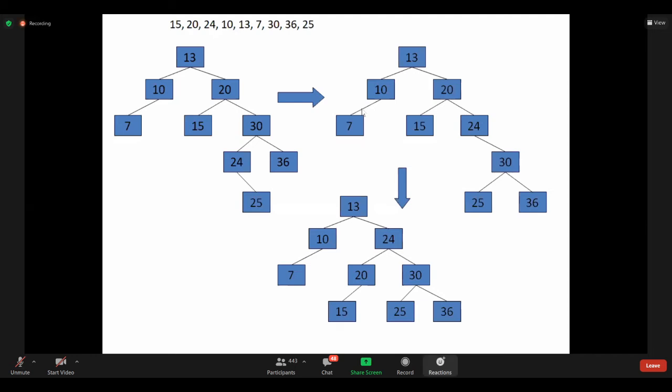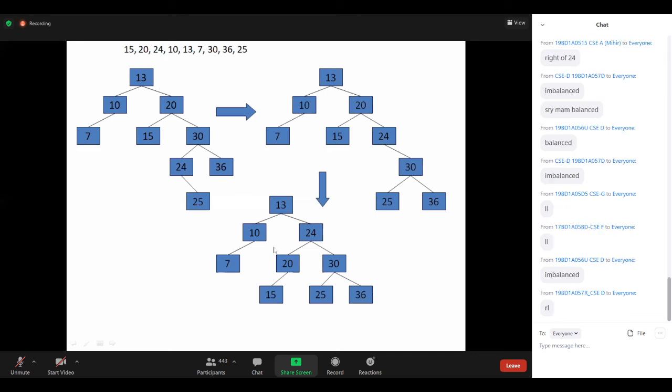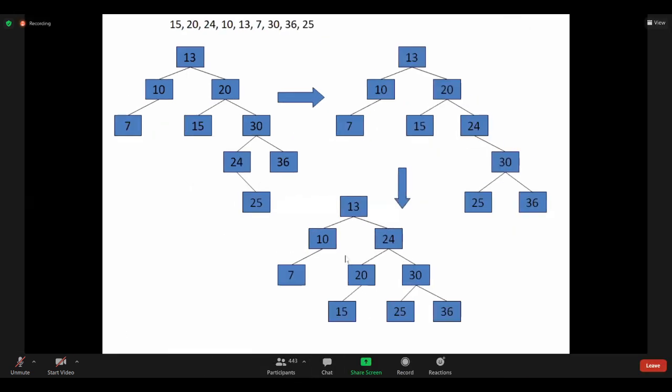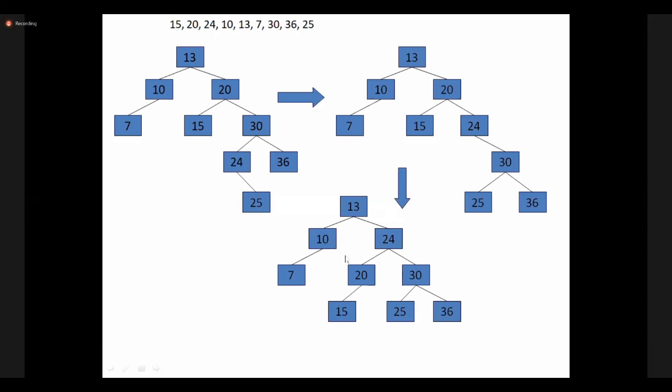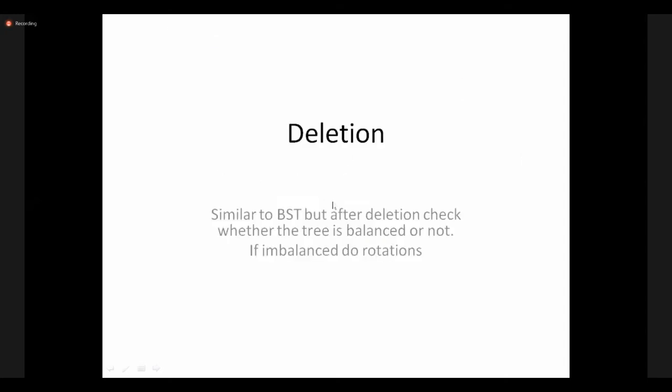That is the reason I am considering those 3 and making them balanced. So this is the way we can insert a new node. After insertion of a particular node, we calculate the balance factors, and if there is any imbalance, then we rotate it to make it balanced. Finished. So insertion is completely done.